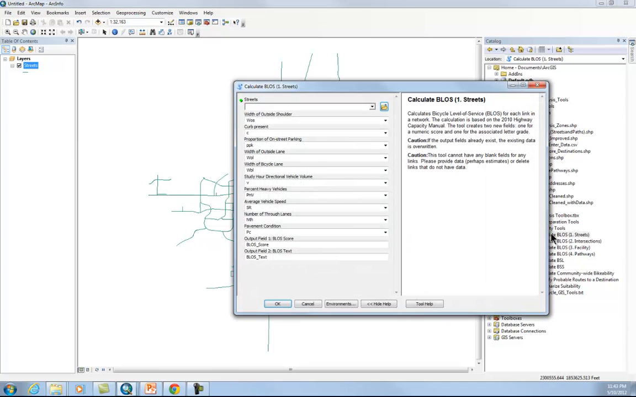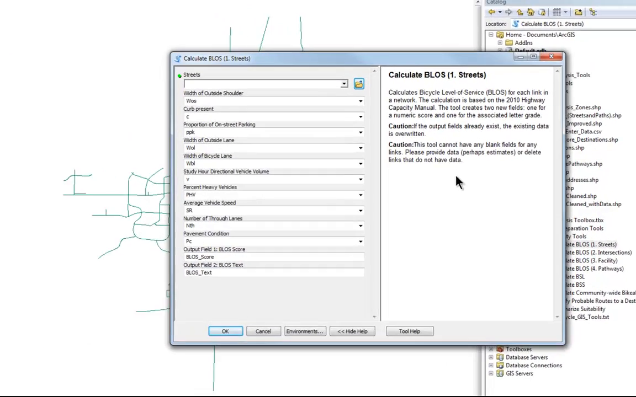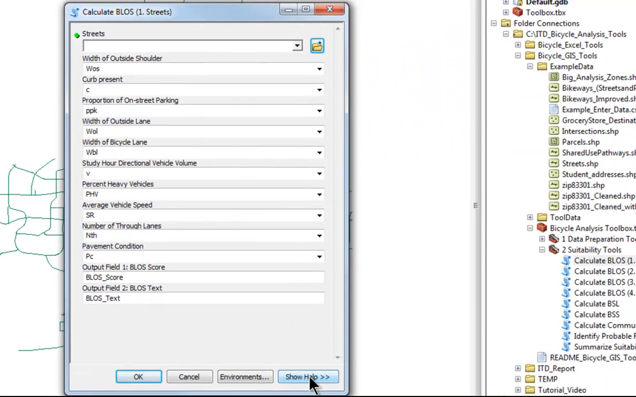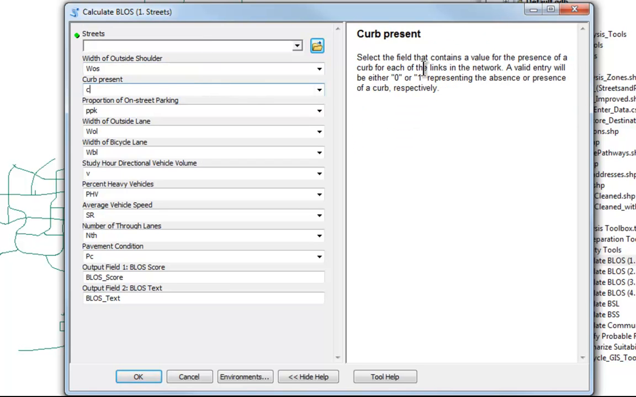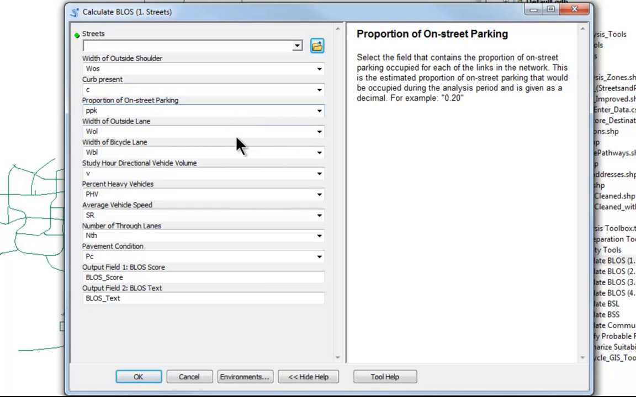So I click on the tool and I open it up. And so you'll notice again, this is the interface. This time it's showing the help. You can hide the help or show the help by clicking on that button. And this is overall what the tool is going to be doing. And then when you click in each field here, the help changes and it provides information for that particular piece